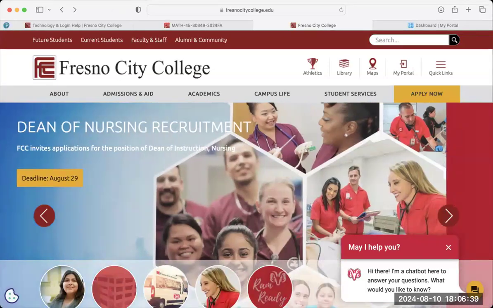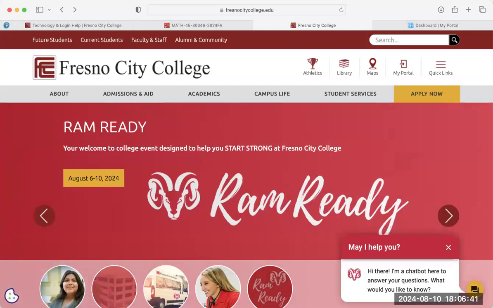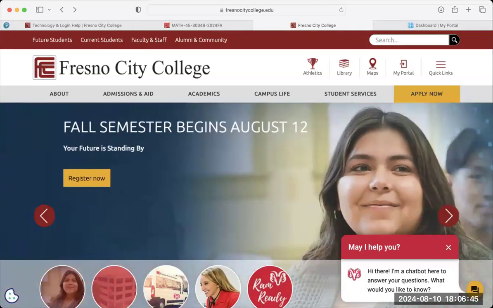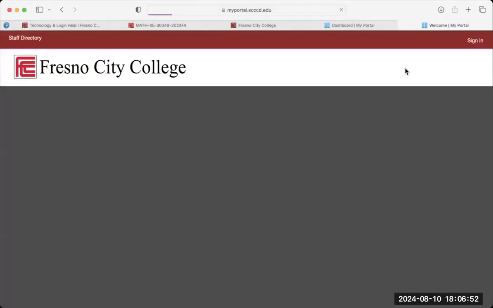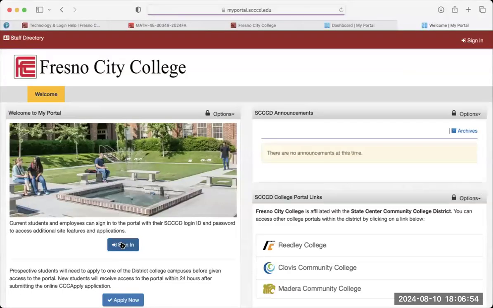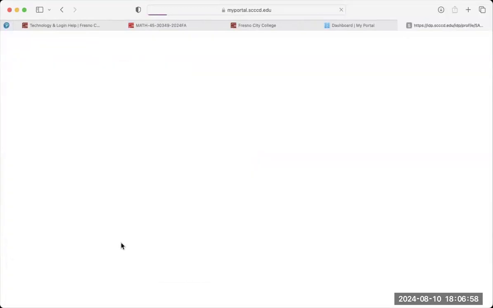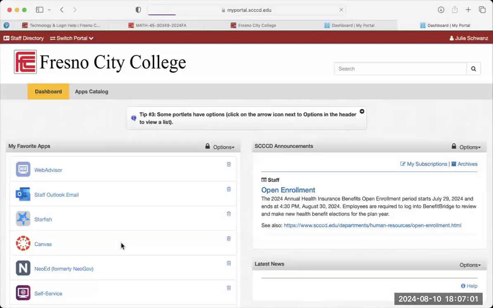So to enter our Canvas classroom, what you'll have to do is go to Fresno City College .edu, the main website, and then you click on My Portal in the top corner. Then you click on sign in. This usually will take you to a place where you put in your username and password. I'm already signed in, so it automatically takes me into